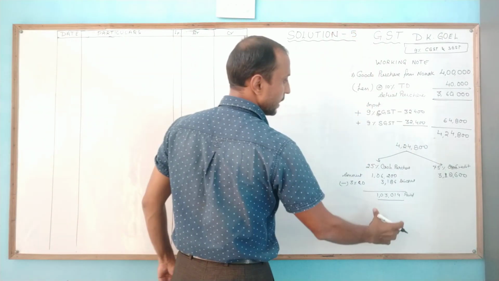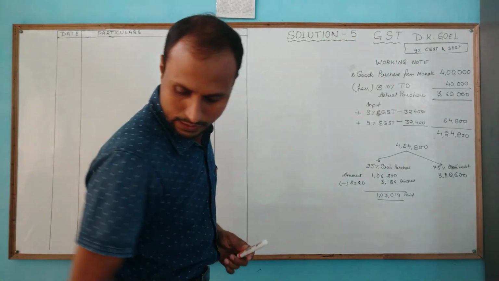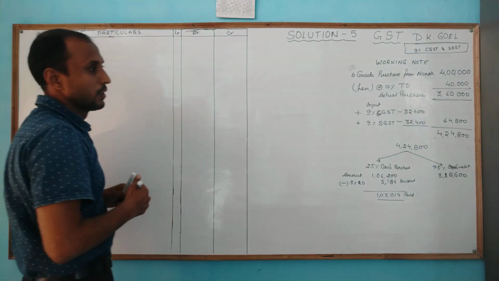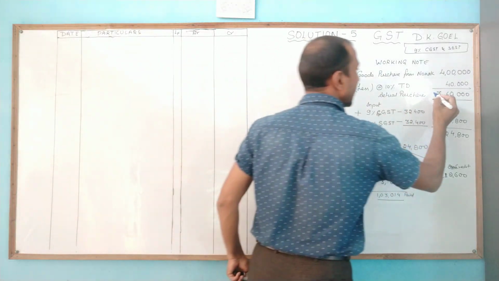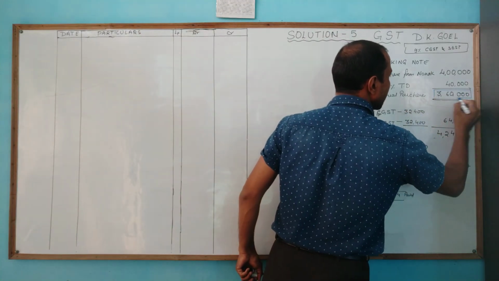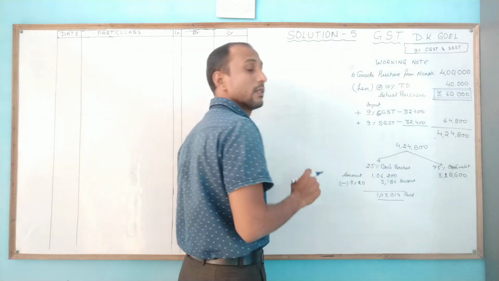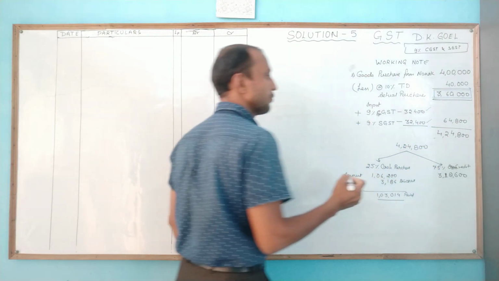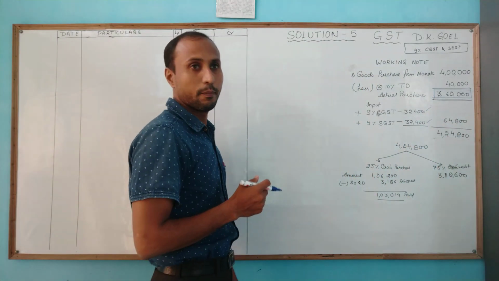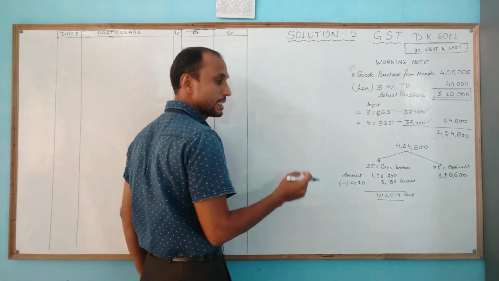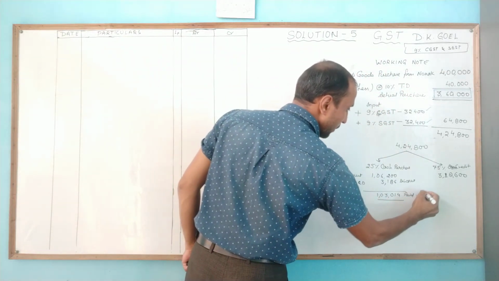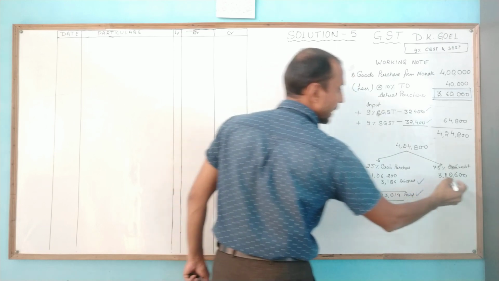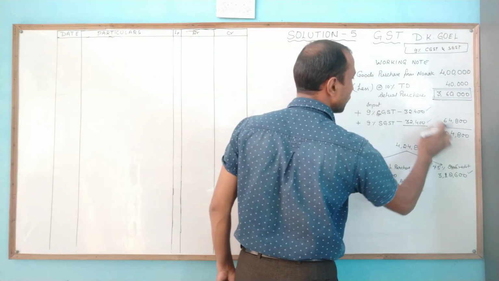Now this is the working note. From this working note we have to pass the entries. We have to pass the entry in this our journal. So before passing the entry, we will highlight the important, that is this we have to mention, because this is our actual purchase, and this CGST and SGST we have to mention in our journal, because these are the taxes, CGST and SGST, and after that this amount we are paying, and this amount we are getting discount and payment, and this is on credit. So how many are there? 1 2 3 4 5 6 are there.